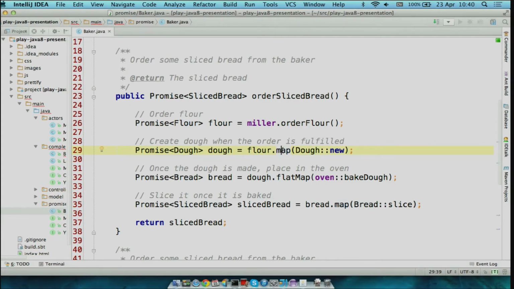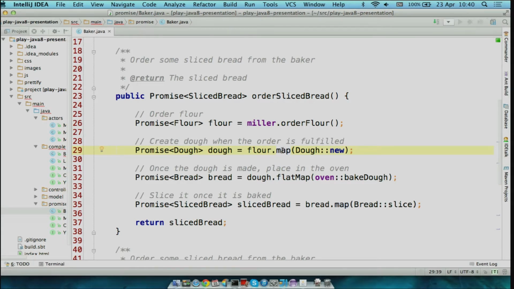If you've had a look at JDK 8 streams, or JDK 8 Optional, or if you've done Haskell, or if you've looked at some of the new ECMAScript 5 or 6 functional methods, map is a very common term for converting the value of some sort of container type, such as a promise or a list, into a new type underneath that container type.